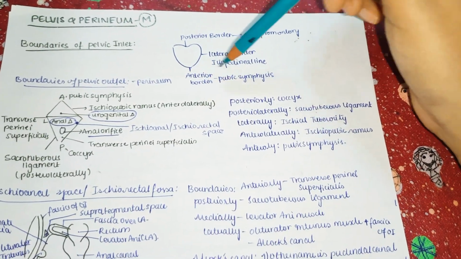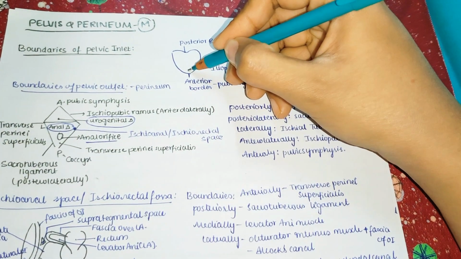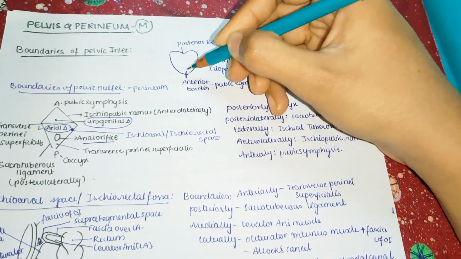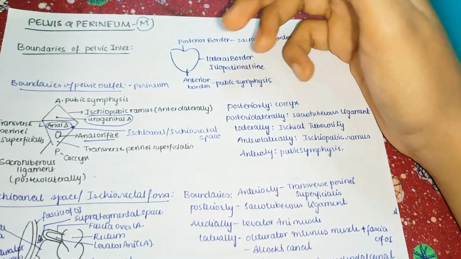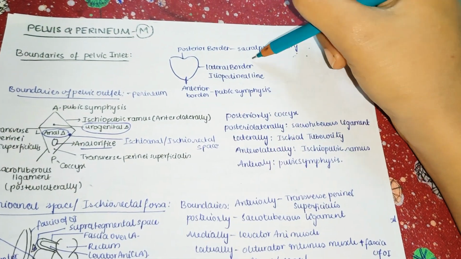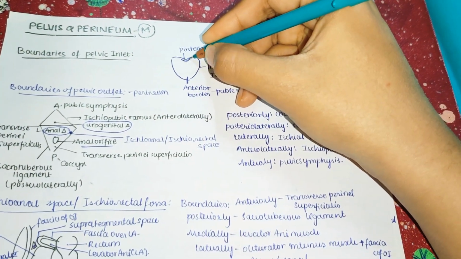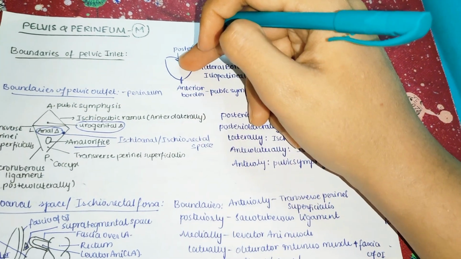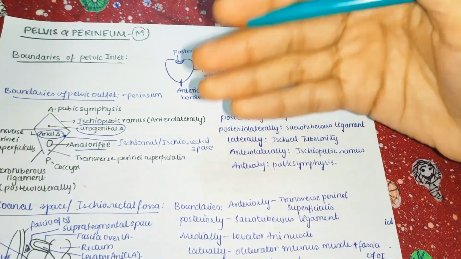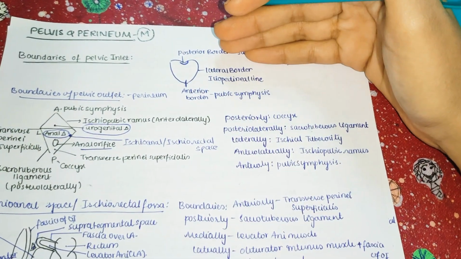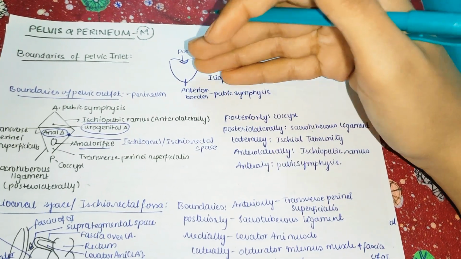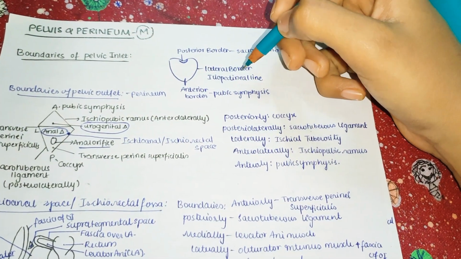Its anterior border has the pubic symphysis. Okay, so the pubic symphysis is between two hip bones. This is the side of the hip bones, and posteriorly you will have the sacral promontory. So the sacrum has a sacral promontory like this, right? So imagine this as the sacrum. This is the pubic symphysis. So anteriorly pubic symphysis, posteriorly promontory of sacrum, and on the lateral border you have the iliopectineal